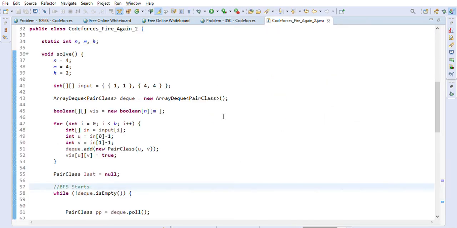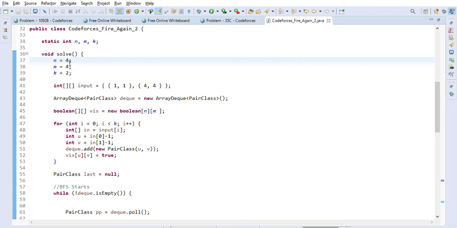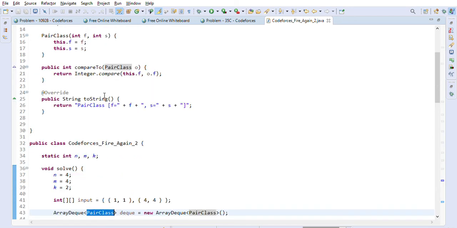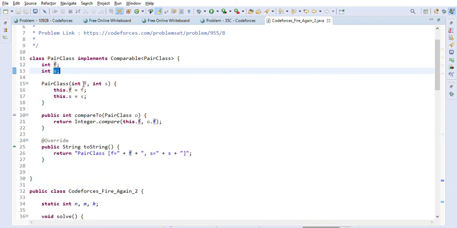You will know now. These are the inputs that are given to us. So this is n equal to 4, a 4 by 4 matrix, and k is equal to 2 because there are two initially burning trees given to us as the input. We'll create one array deque here, right? And we just created one helper class called Pair. It will have two things, because we want to capture the coordinate of every cell, the i and j coordinates.